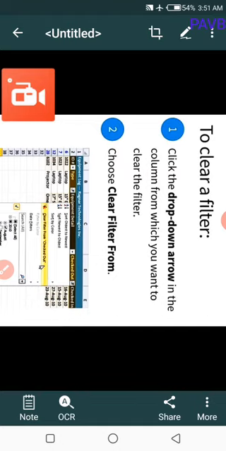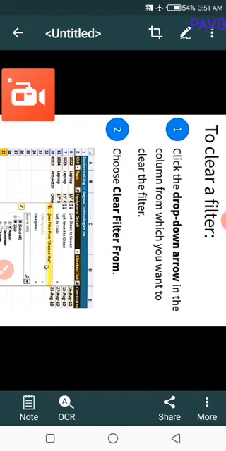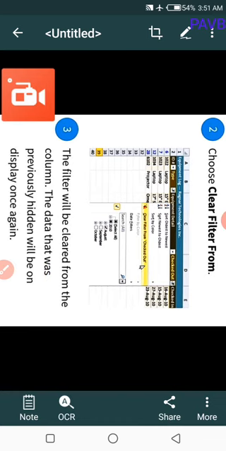Step 3. The filter will be cleared from the column. The data that was previously hidden will be on display once again.